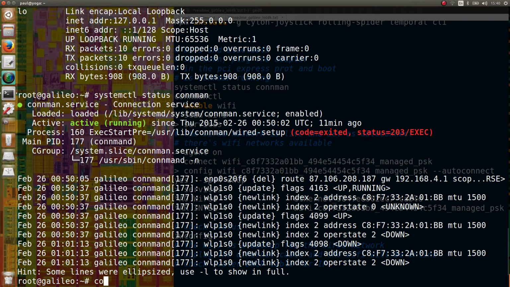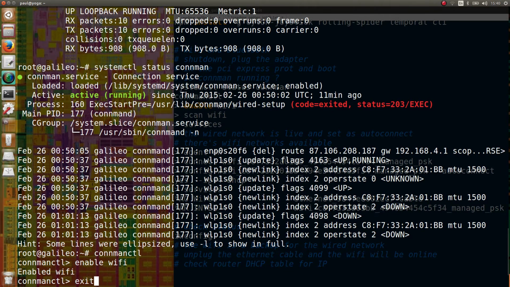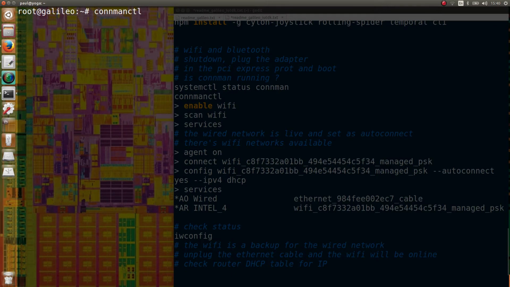I can use connmanctl to enable Wi-Fi. Now I can see my third interface is up. Not connected to the wireless network, but up. I go back to connmanctl